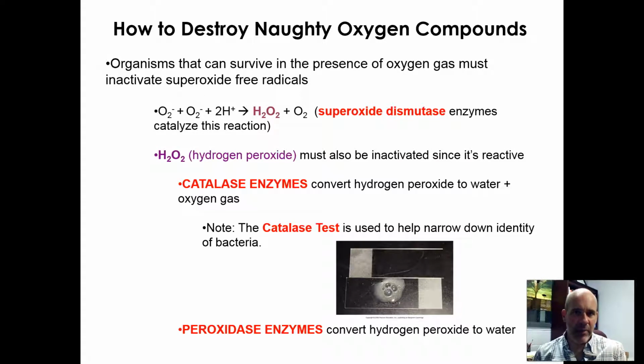You guys, if your mom ever put hydrogen peroxide on a cut, you know that it bubbles, and the reason it's bubbling is because the catalase enzymes in your cells are converting that hydrogen peroxide very quickly to water and oxygen gas. That also means that your cells are inactivating the hydrogen peroxide pretty quickly, so that hydrogen peroxide is probably not doing a whole lot for you, at least on a long-term basis. It is helping to remove or kill some of the bacteria that are there, but not all of them, because your own cells are going to inactivate it pretty quickly.